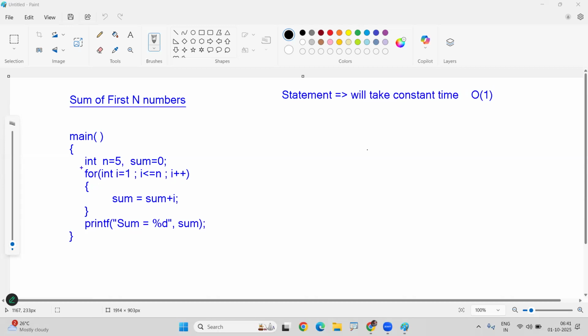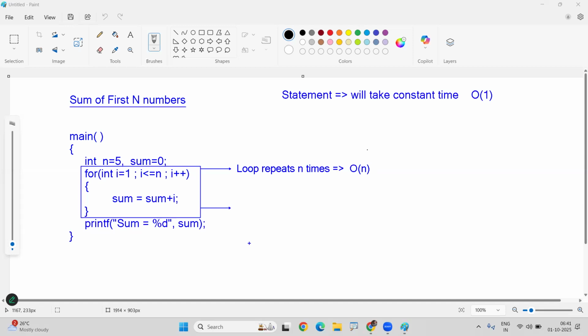Now, whenever you are finding the sum of first n numbers, according to big O notation, the loop repeats n times, and big O notation simply says order of n, big O of n. But if it is tilde notation,